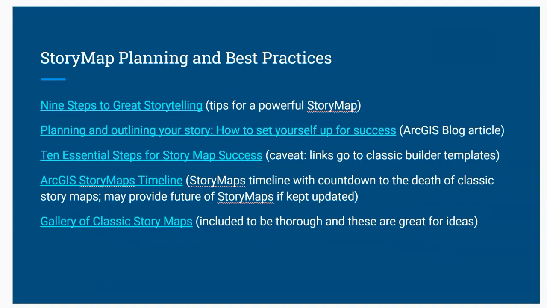That thought brings us to my concluding comments. This set of links will take you to pages that will help you plan for a successful story map. Some of these were developed for an older version of story maps, which are now referred to as classic story maps. Classic story maps are going away in the near future, but they still have some value in that they were good stories when they were first published, and they are still good stories. And best practices still apply.